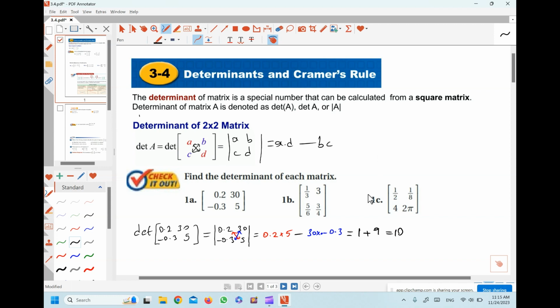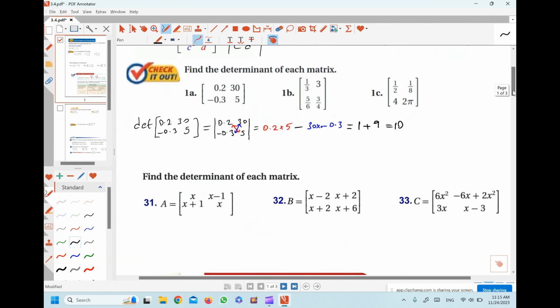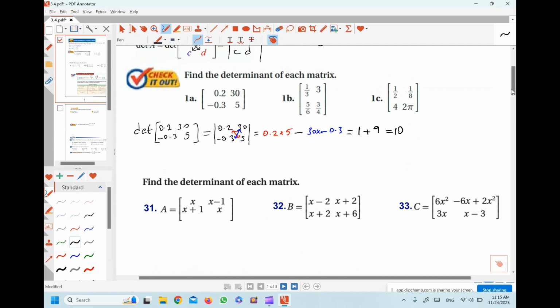So basically in this topic, we will be finding a single number. Determinant means a single number. So the rest of the questions are solved like this. Let's solve a question involving some expressions. Exercise 31, find the determinants. The same method. We will be multiplying numbers in the main diagonal first. First of all, let's write this as